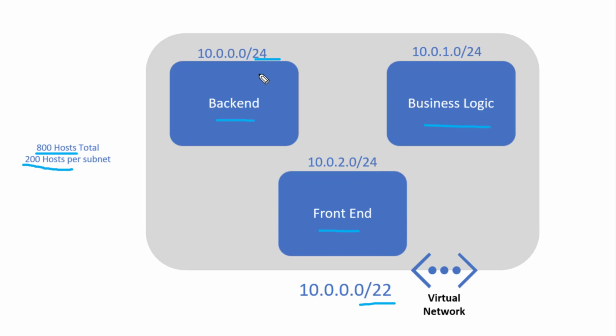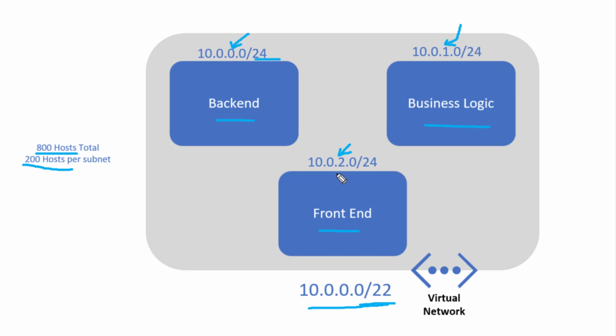To identify each network subnet separately, the third octet, as you can see, for the first one is 0, for the second one is 1, and for the third one is 2. That differentiates one subnet from the next subnet. Now we'll jump into the portal and we'll start creating these. We'll create a virtual network with the IP address that we have specified here, and we'll create 3 subnets within that virtual network, which will have these particular address spaces.